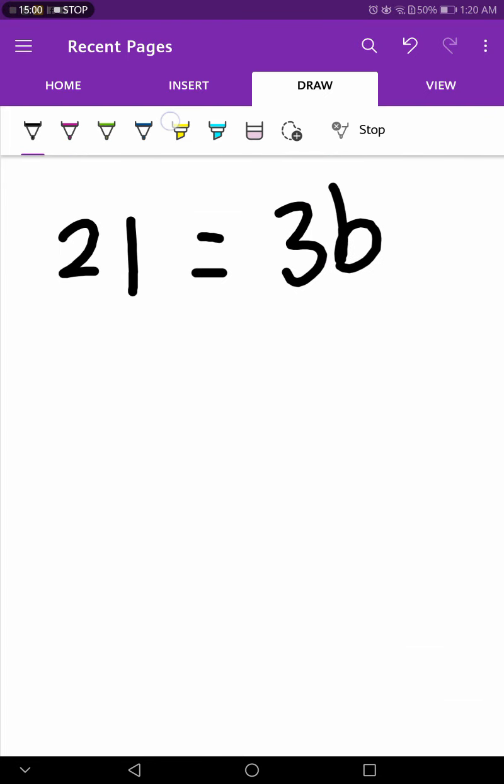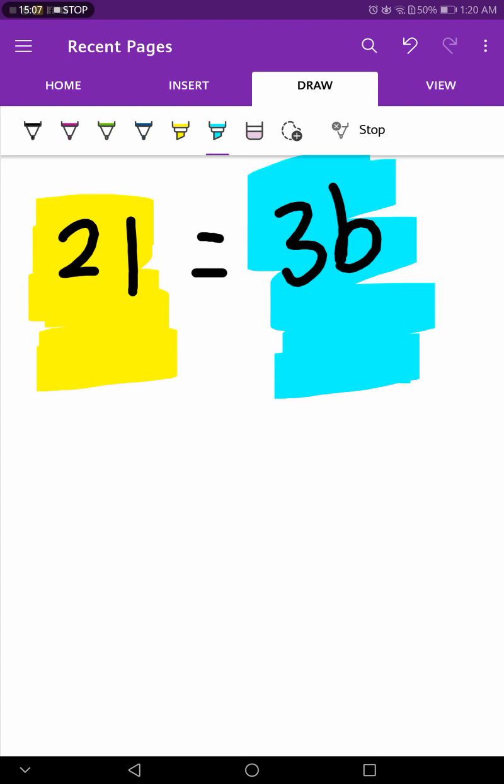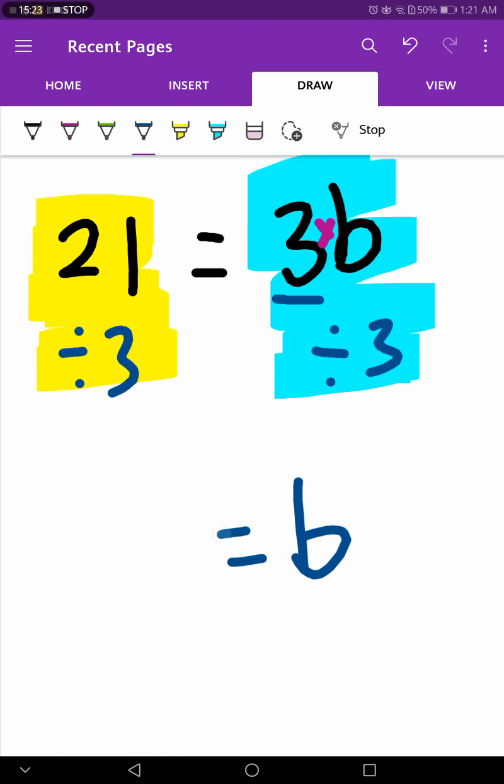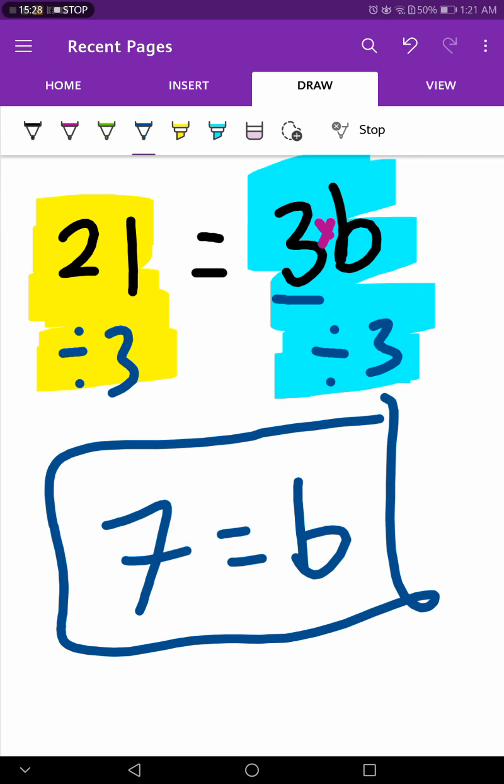Okay, again left and right. What is the coefficient of b? Great, it is 3. What is the operation between them? Great, it is multiply. What is the opposite of multiply? Yes, it is divide. Divide by what? By 3. Divide by 3. The b comes down, and 21 divided by 3 equals 7. So the solution of this equation is when b equals 7. Great boy